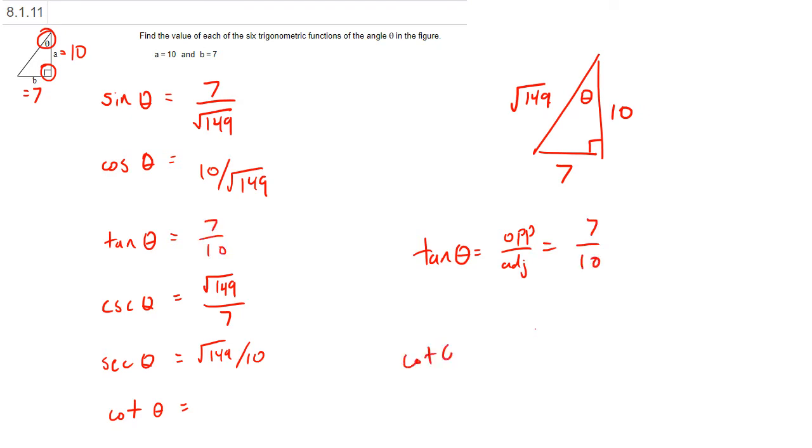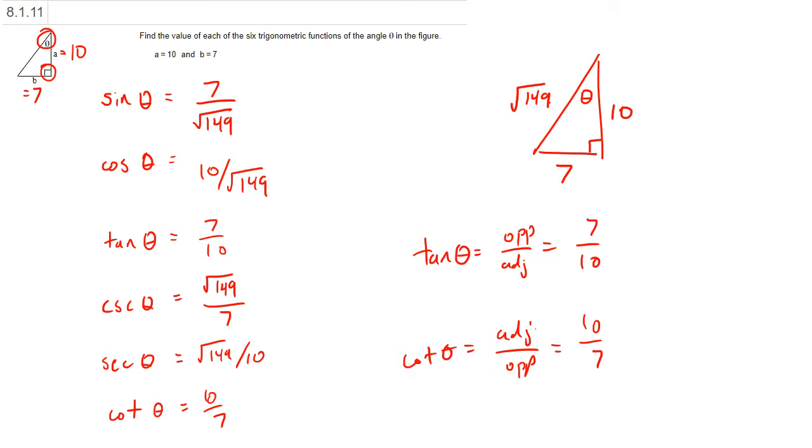And the cotangent of theta is the adjacent side length over the opposite side length, which is just 10 over 7. This is also 1 over the tangent. And there we have it, all 6 trigonometric functions given. Depending on personal preference or instructor preference,